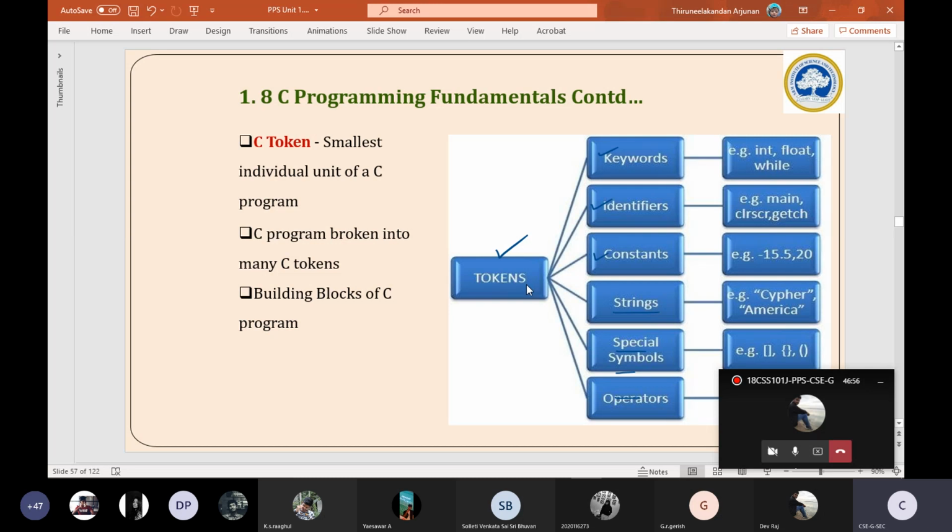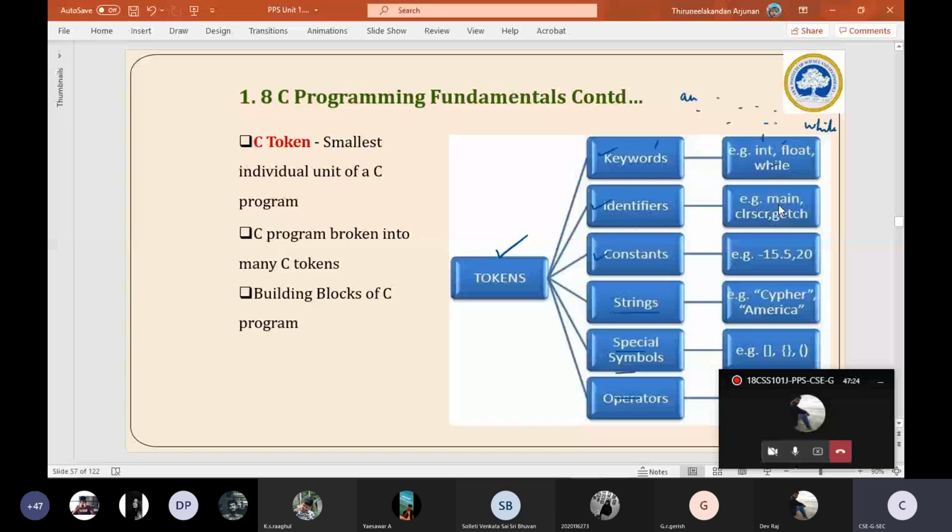It is the same explanation I gave in the previous slide. Keyword is nothing but int, float, while, like this. Starting from auto, it runs up to while in the end, I guess. Likewise there are 32 keywords. Similarly, predefined function names can be referred to as identifiers.